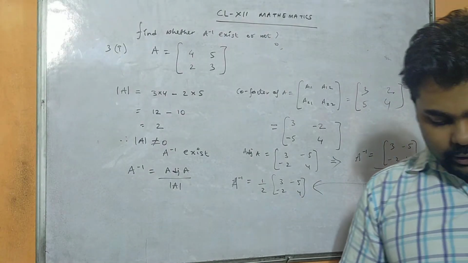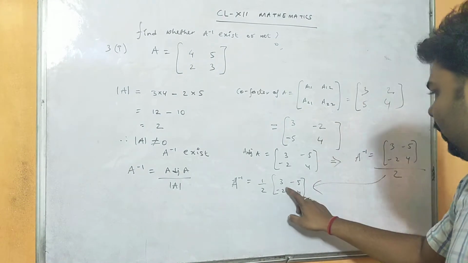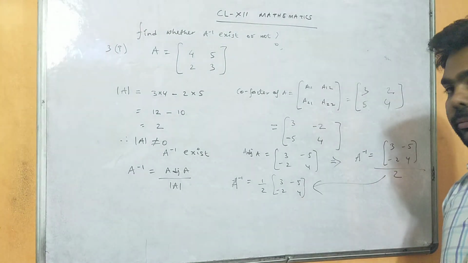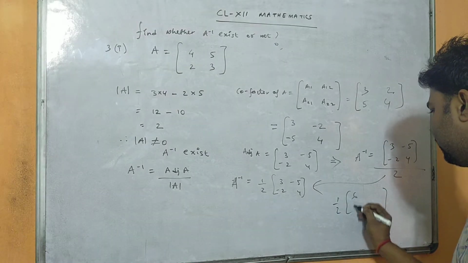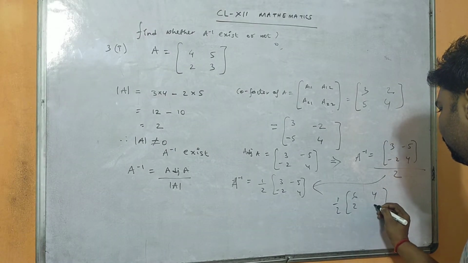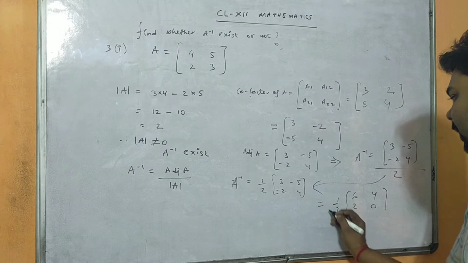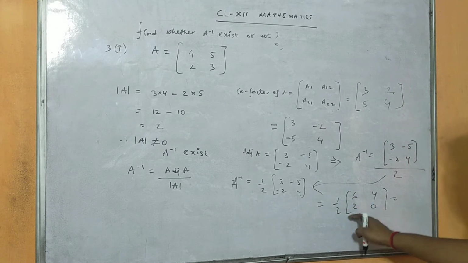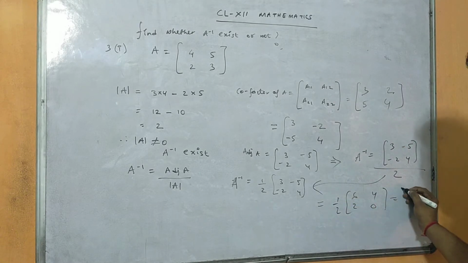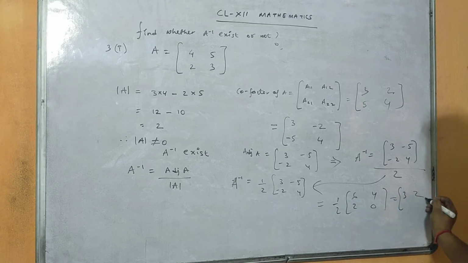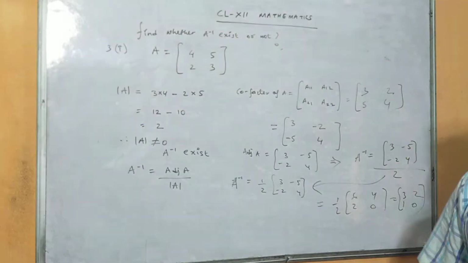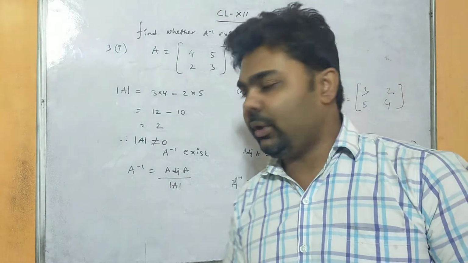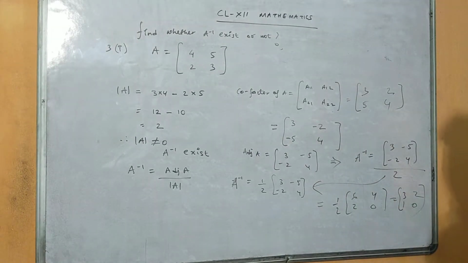Now one thing you have to note here: for example, if all the elements are multiples of 2, like here we have 6, here we have 4, here we have 2, here we have 0, what will our answer be? When you multiply by half into each and every element, 2 times 3 is 6, so we get 3, 2 times 2 is 4, so 2, 2 times 1 is 2, and 2 times 0 is 0. So this will be our answer. But here it is not cancelling, so we will keep half as it is outside. So this is our required answer.